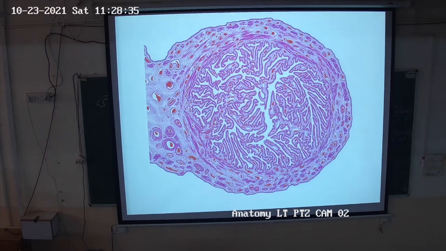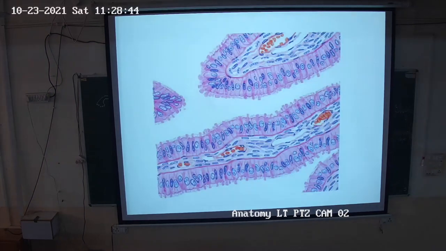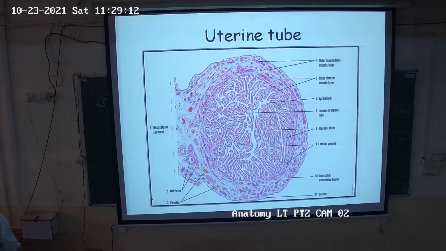Okay. Epithelium of oviduct at the large magnification. Here you can see two types of cells: the peg cells, these are the peg cells, and ciliated cells. Okay, peg cells have microvilli and these columnar cells have cilia for the movement of the ovum in the fallopian tube. Uterine tube, you remember: mucosa, lamina propria, connective tissue, smooth muscle cells and the adventitia.